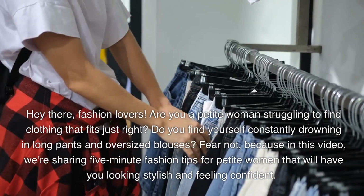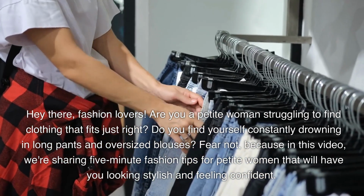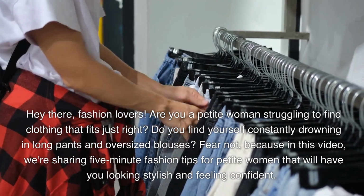Do you find yourself constantly drowning in long pants and oversized blouses? Fear not, because in this video, we're sharing 5-minute fashion tips for petite women that will have you looking stylish